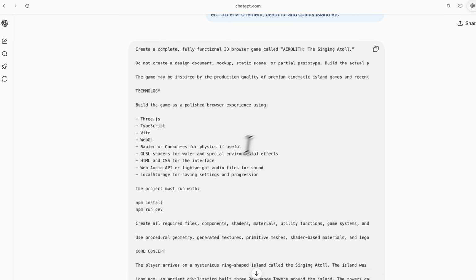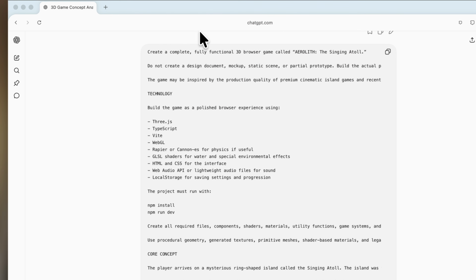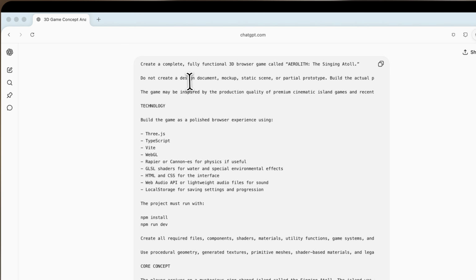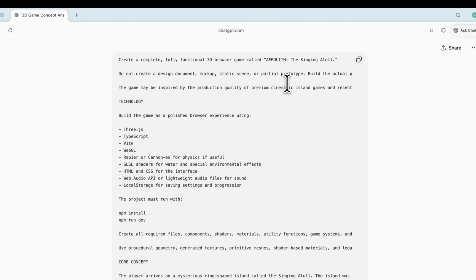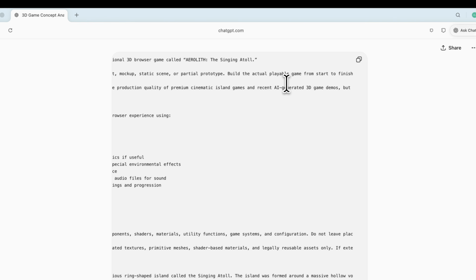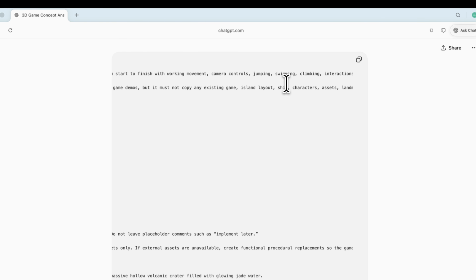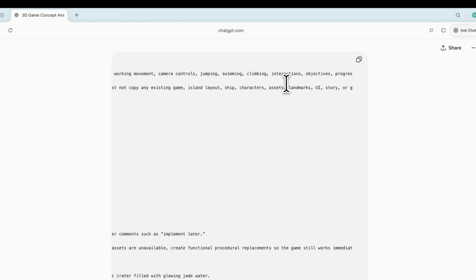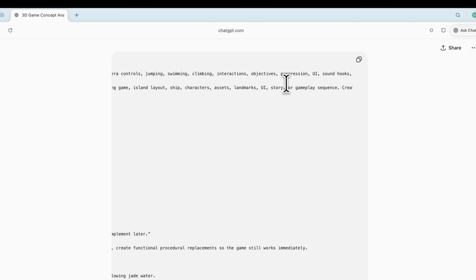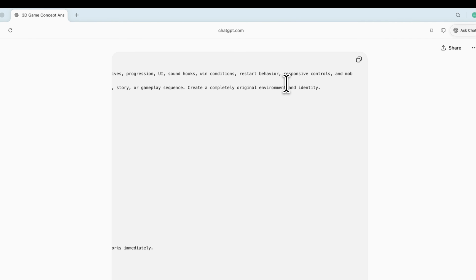In my prompt, it said: create a complete, fully functional 3D browser game called Aerolit, the Singing Atoll. Do not create a design document, mockup, static scene, or partial prototype. Build the actual playable game from start to finish with walking movement, camera control, jumping, swimming, climbing, interaction, objective, progression, UI, sound hook, win condition, restore behavior, responsive control, and mobile performance